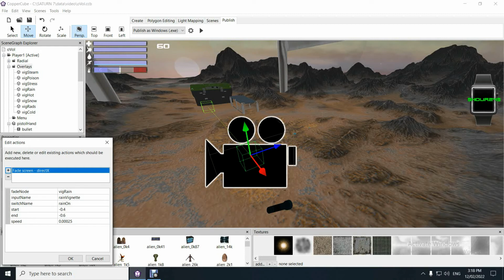And the speed, I probably should make that a bit slower, because the lower the difference between the start and end, also make the speed lower, because otherwise it'll be too much. Same thing for the snow, it's a little bit the same. It's not as much. I'll make that a bit slower as well. Yeah, so